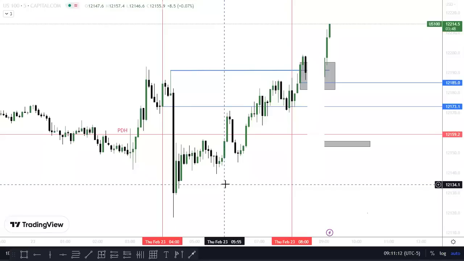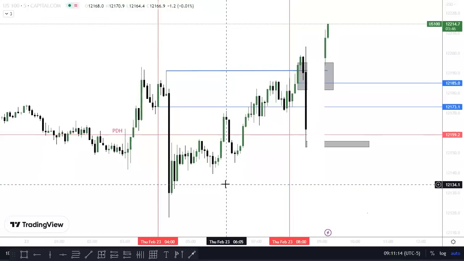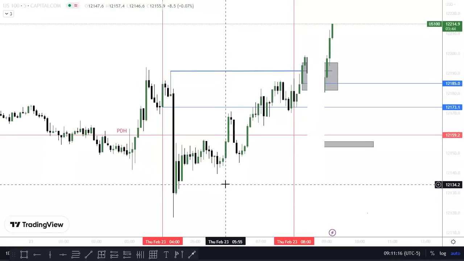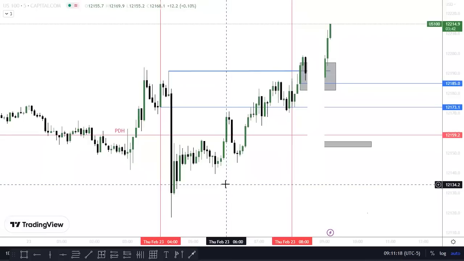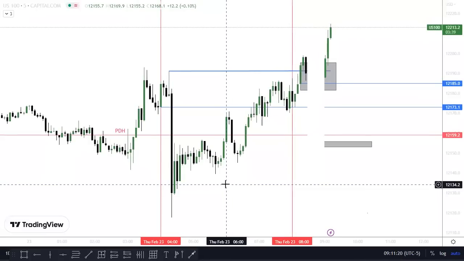Not going to look for longs, not going to try to sell it. Just going to wait for what's happening here. And the DXY out of nowhere just dropped. This is where your rules play the most important part of your trading. Not jumping to go long, not continuously clicking sell. Just waiting.